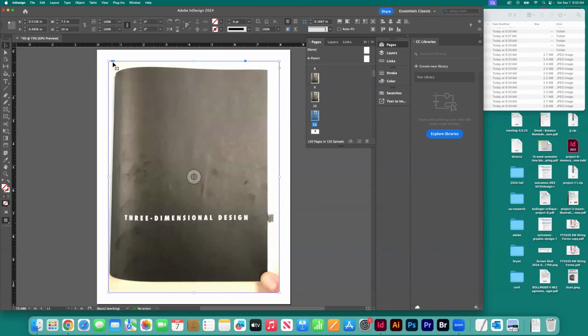And right now, I just want to point out that this blue link indicates that the file is connecting properly. And so InDesign can find the file. In fact, if we come over here to Links, we can see here it is, that same file linking up in many different circumstances on these different pages. So we just have to continue